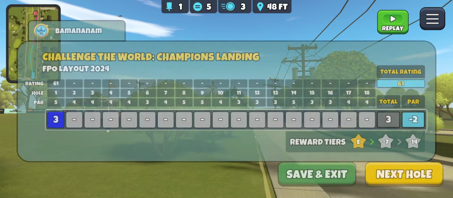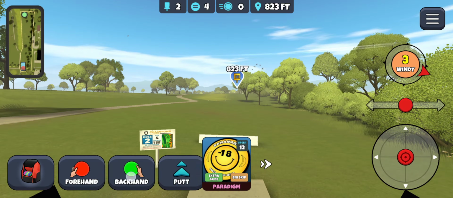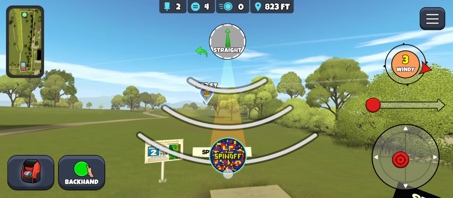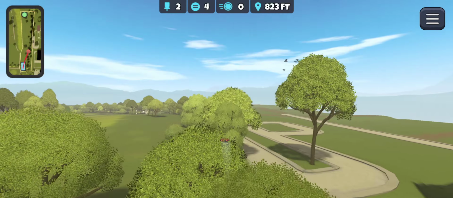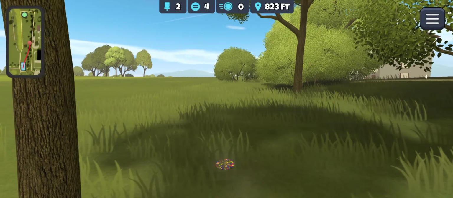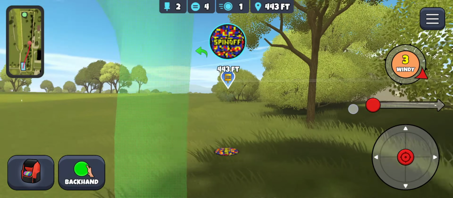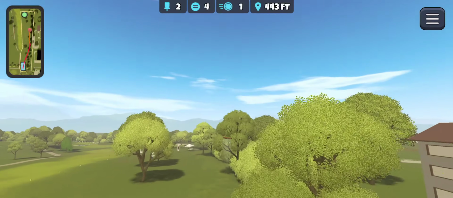Let's go check out hole 2. Hole 2 on the FPO layout is, if I see correctly, exactly the same as MPO. I'm going to take the light glide paradigm up over the top here. Keep it high so it hopefully clears these trees. Ideally, I'm going a bit more to the left there and having a better look coming in. But 443, I can just get here over the top again to end this up down there by the basket